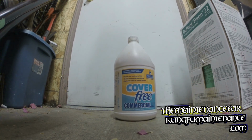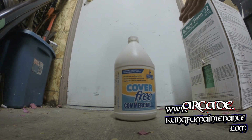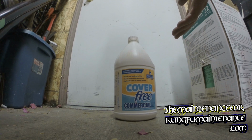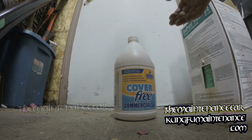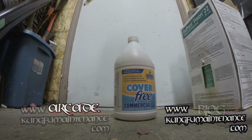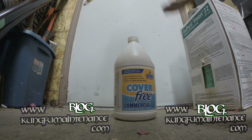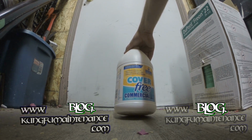Cover-free is a great way to reduce evaporation and save a ton of water. With each bit of water that evaporates, there's a lot of energy loss in heat, and energy spent to raise the heat and evaporate the water. Long story short, this is a great way to save a lot of water and save money on your chemical use